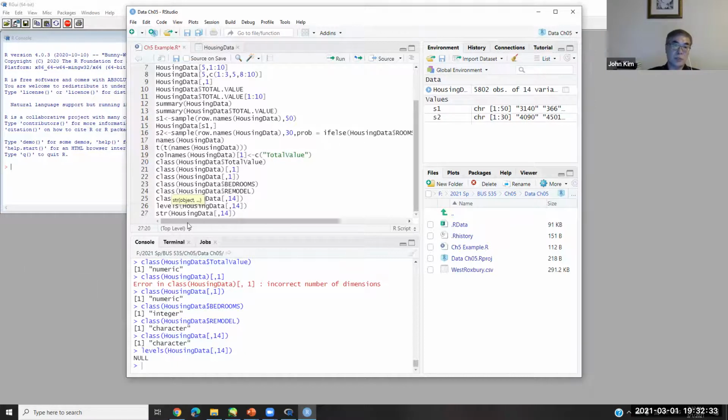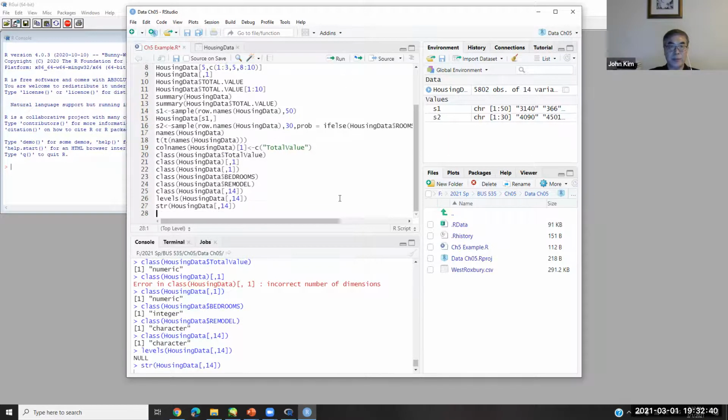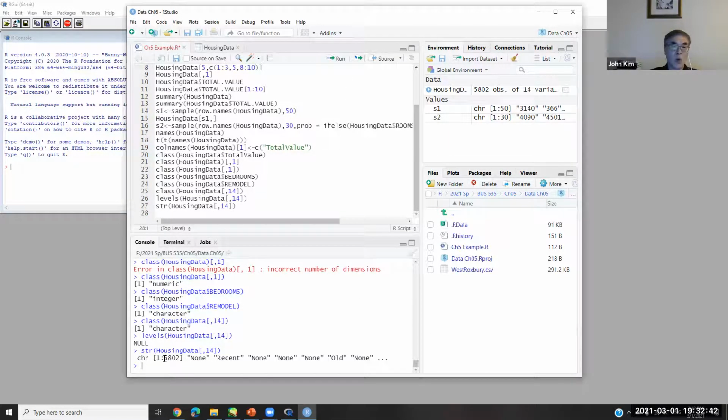Using this structure function, it shows all levels, none, recent, old, and so on. But we don't know how many, even using this str. So we use the same approach as with CSV,